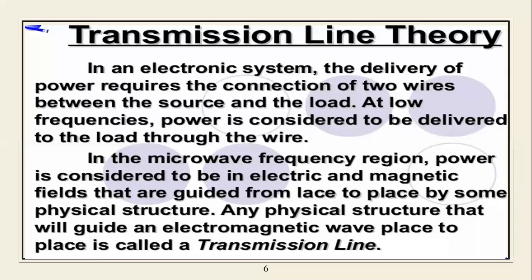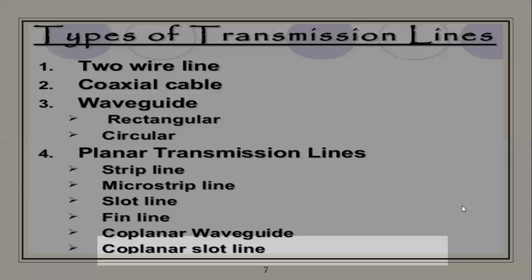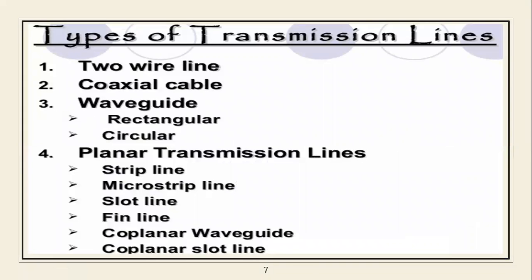We have a huge range of frequency, in the form of microwave frequency ranges. Even the electromagnetic wave which is placed on those two wires is treated as a transmission line. Here various kinds of transmission lines are available, or in other words, the types of transmission lines. How we can place them, what the types are, and how the frequency ranges differ depending upon the type and the applications.